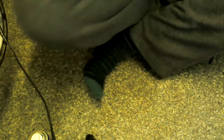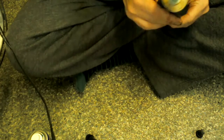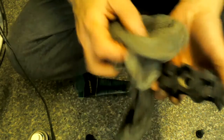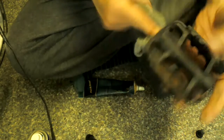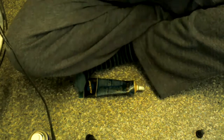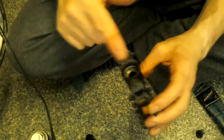So now what you want to do is grab a tube of bike grease, or just whatever good grease you've got lying around really. Take your pedal, get some grease on your finger and put it down in there. On this one, just a quick wipe. I don't like leaving too much WD-40 in there because it's going to dissolve that grease up a bit more, so you want it out of there basically. And this grease is staying nice, so get a bit on your finger like that